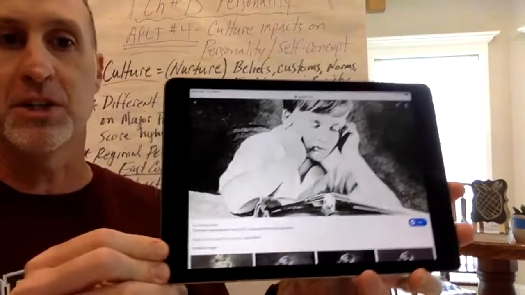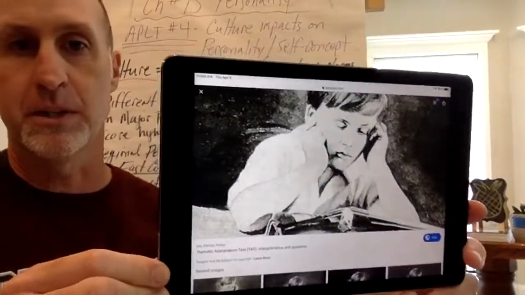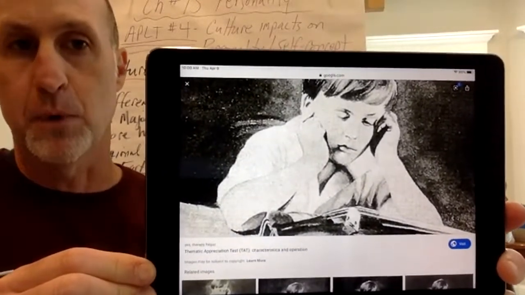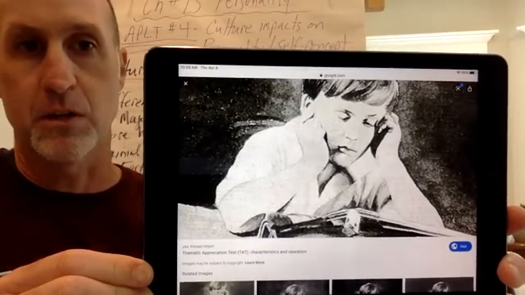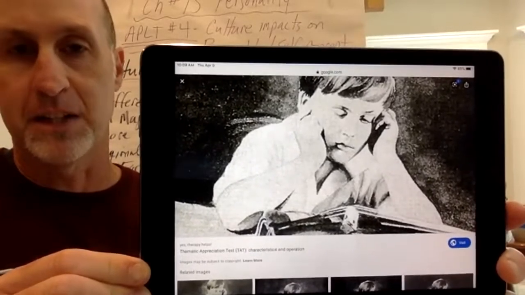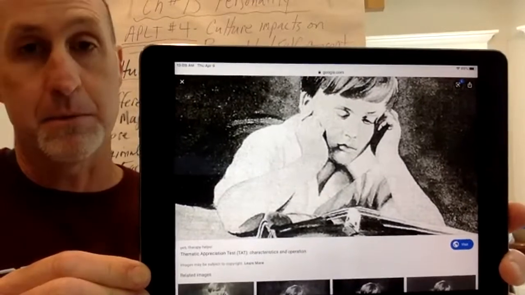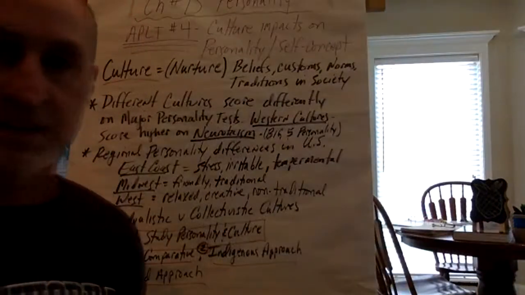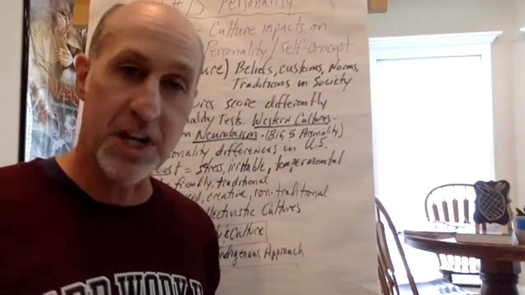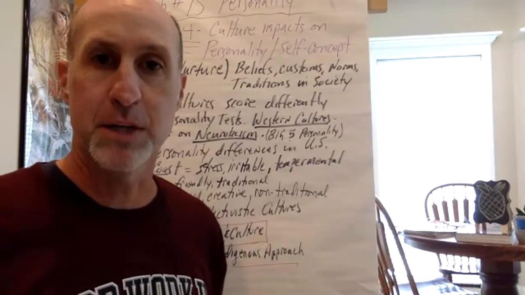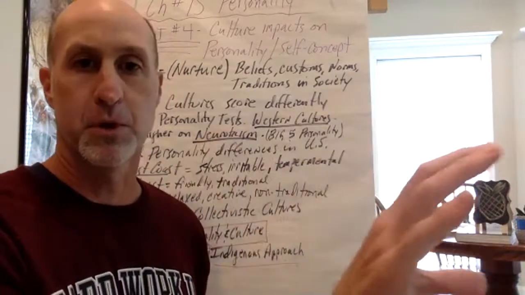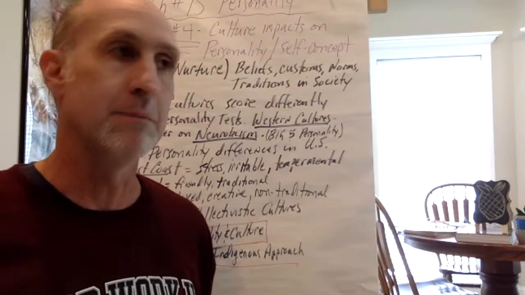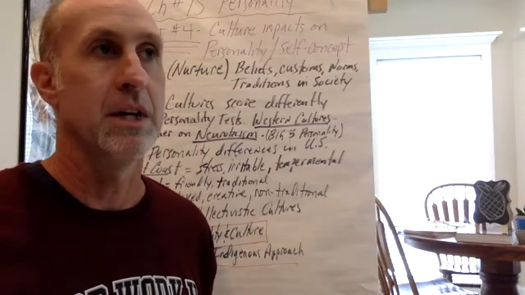But if you look at the picture, you're going to see it is kind of written to be vague in some aspects. Most people perceive a boy, but you can also perceive a girl. Most people perceive a violin or some type of instrument that he's looking at, but some people perceive a book, that he's reading a book. All of the TAT pictures are projective tests, because they're meant to be a little bit ambiguous so that you project yourself, your personality, onto the picture. So in most of the tests, you start writing about you and different personality traits, aspects of your personality,